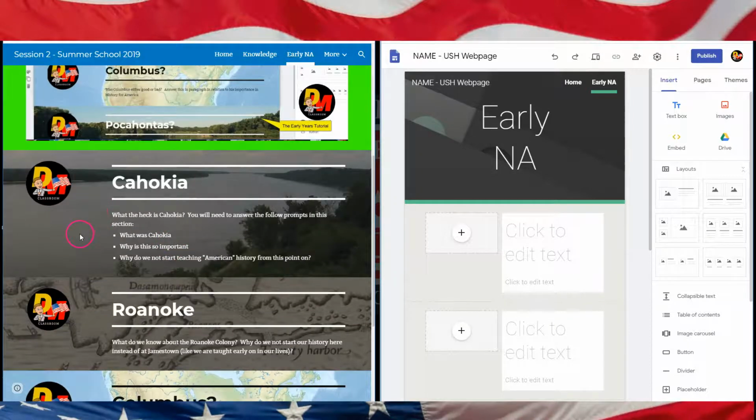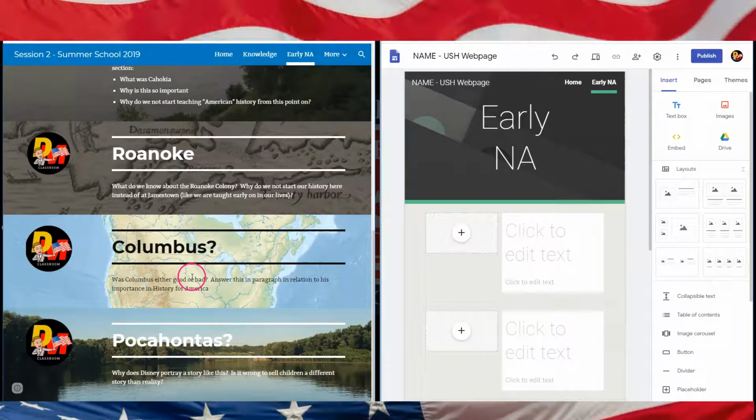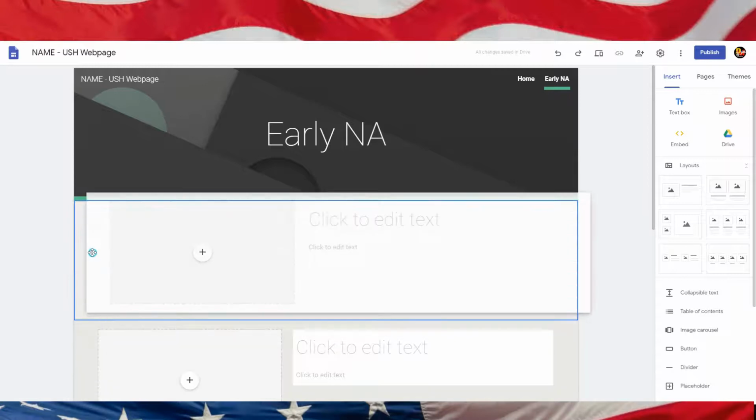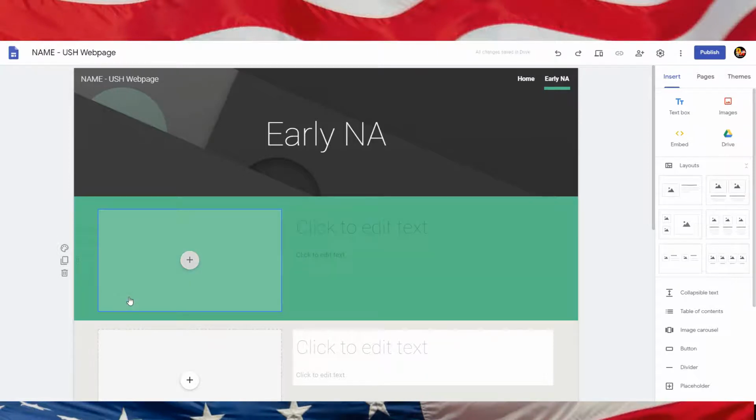What I've done is I've made the stuff in the background actually match up to what I'm talking about. So notice here I had Pocahontas, Columbus, I had certain things. What I can do is if I'm on my particular section, because notice they're each sections on their own, I can come over here to this thing, I can hold it and drag it if I want. I can go ahead and change the section background by clicking the palette. So notice here I have preset colors,